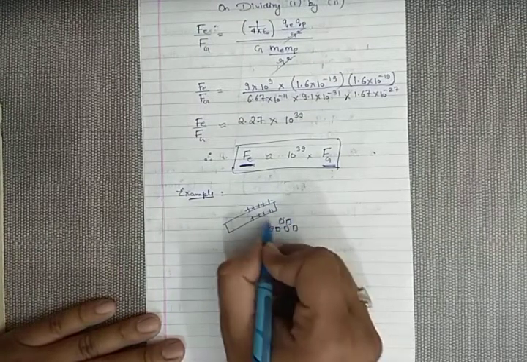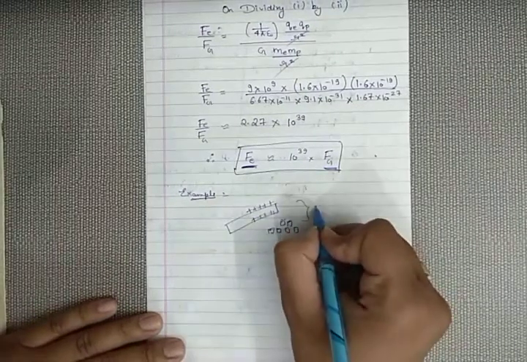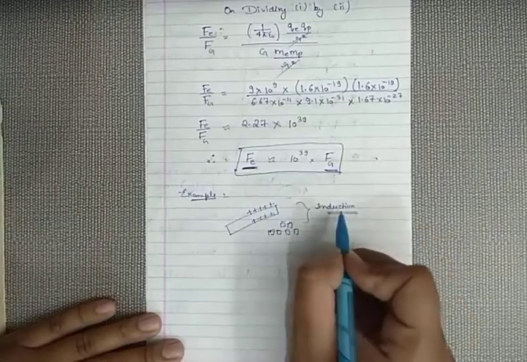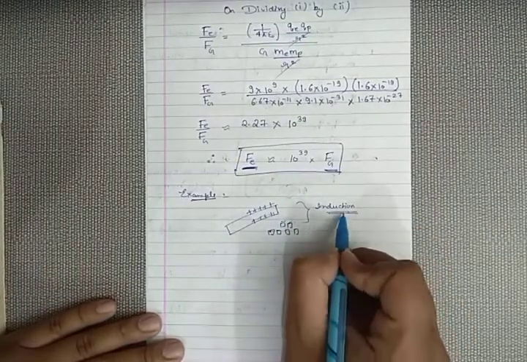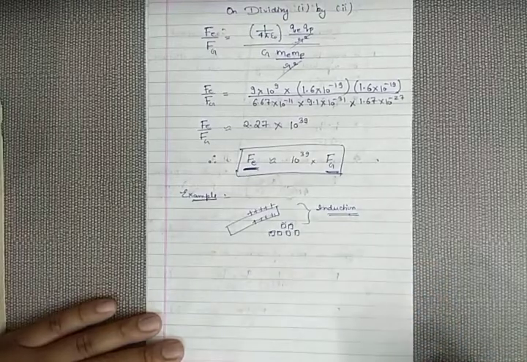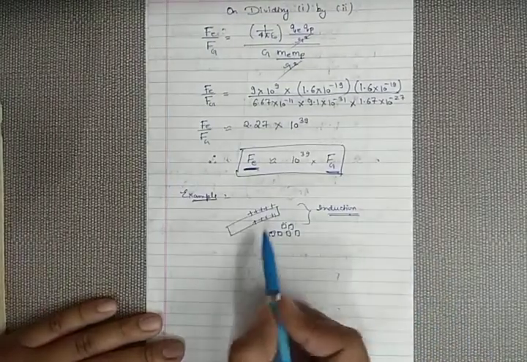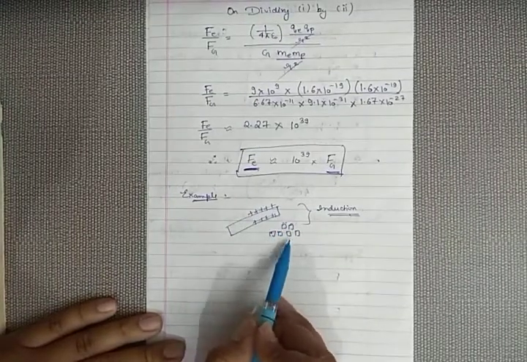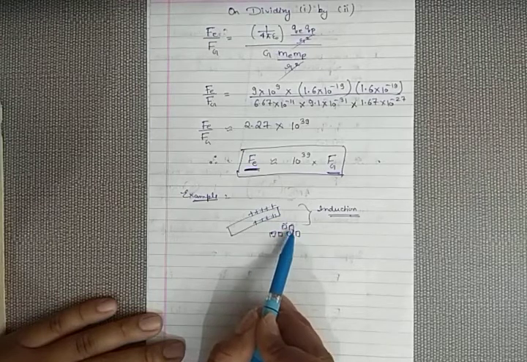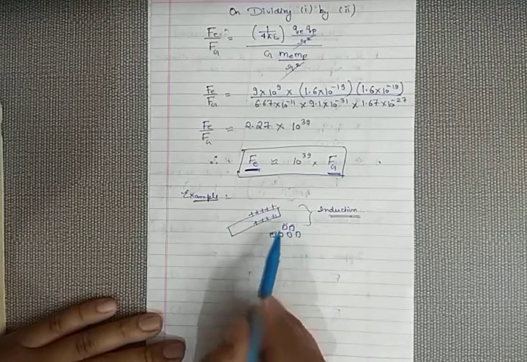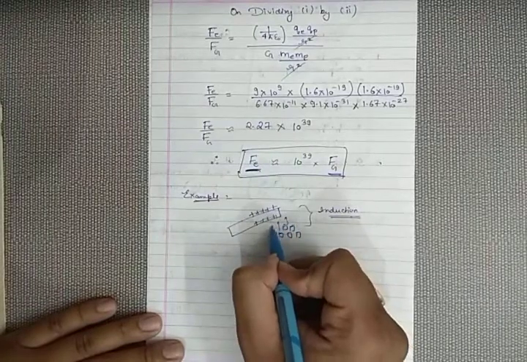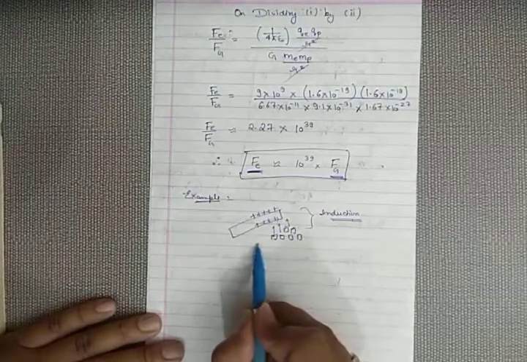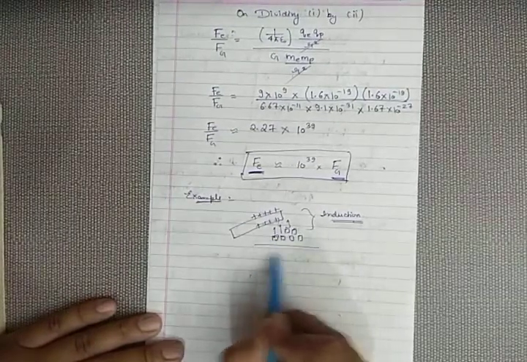There is no physical contact. So which phenomenon is going to occur? Induction. In our last lecture we studied this induction. In the phenomenon of induction, without any physical contact, opposite charges develop on a body. So this scale is positively charged, and when we bring it over the pieces of paper, these papers also get negatively charged, and because of plus and minus, these papers are attracted towards the scale with which force? Electrostatic force. And as we all know, these papers are kept on a table because of gravitational force.